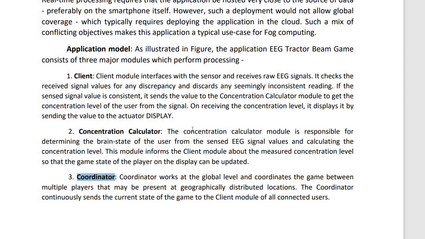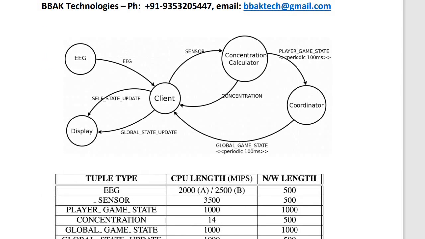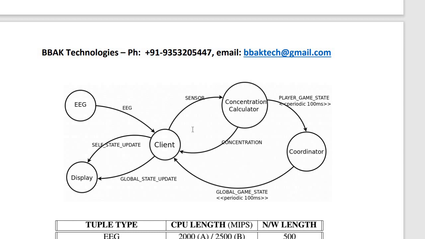Now I am going to the second part of this, which is the IoT infrastructure. Before going to that, whatever we discussed is explained in the diagram. You can see this is an EEG headset. The headset will send the information, and the client model will get that information and clean it, meaning remove the noise, and then send the cleaned sensor data to the concentration calculator. The concentration calculator computes the concentration and sends it back to the client, so that the client will display the focus strength